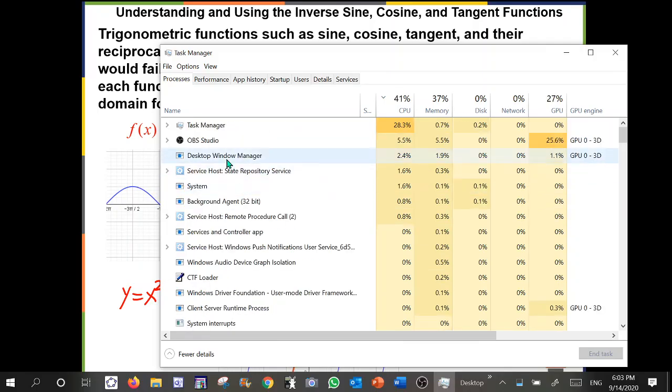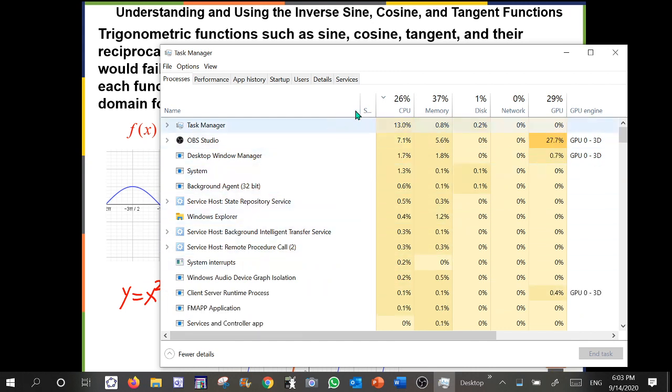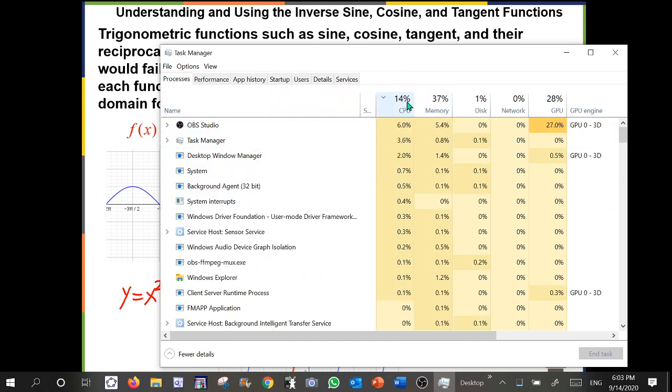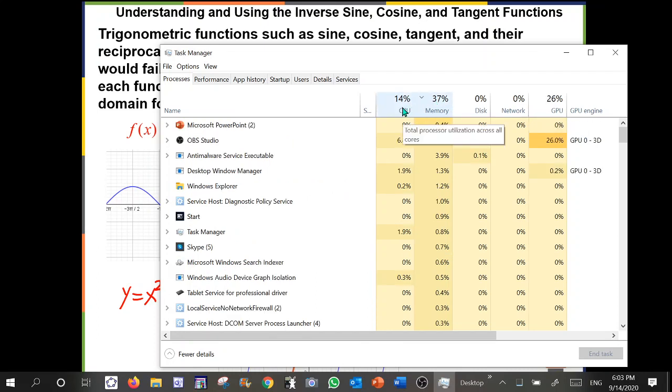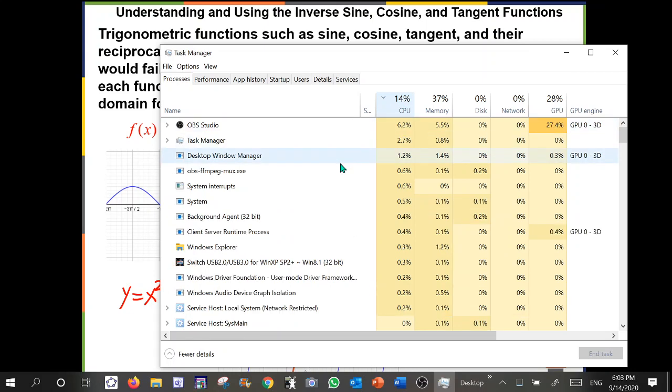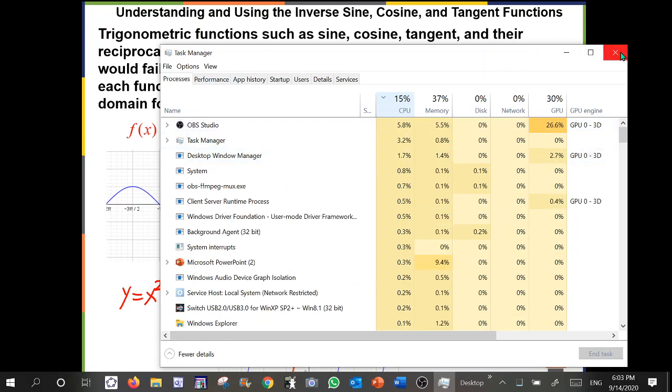If you give me a second, I can turn off a program behind here that is using some of my CPU. Let's see if I can find it. Well, yeah, it went away. Okay, so